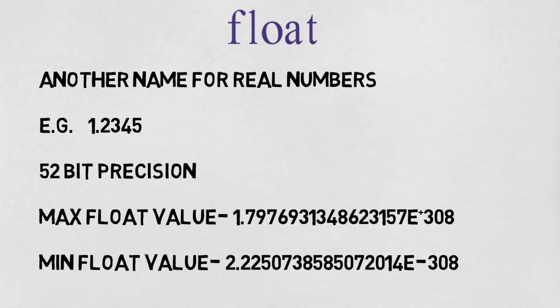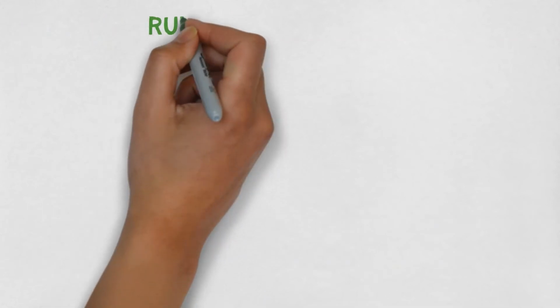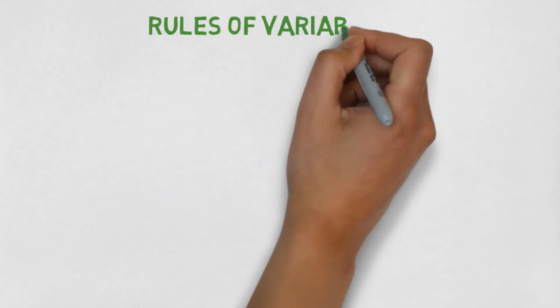It gives you 52 bits of massive precision in the value. And the maximum float value that you can use in Python, for 64-bit obviously, is 1.797693 e to the power of 308. So you can understand the huge value. And so is the minimum value, which is 2.22, the rest of the part I won't read, e to the power of minus 308. So that is it for data types for now.